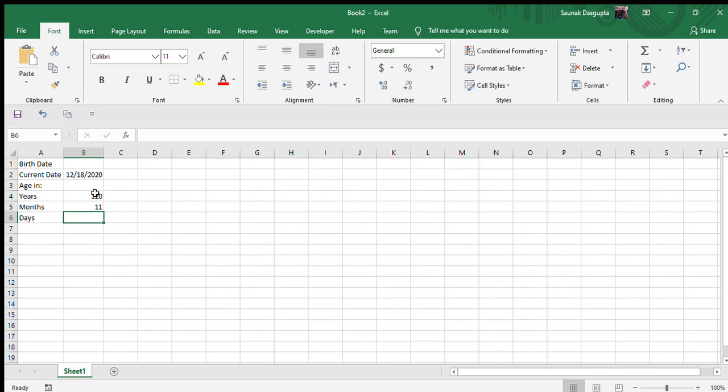So here I have lived 120 years and 11 months, but it is not a true statement. I will give my birth date. In the days cell, likewise, equals DATEDIF, bracket start, birth date B1, then comma, B2, then comma, quotes, and inside the quotes will be MD, because I don't want how many days you have lived in total.